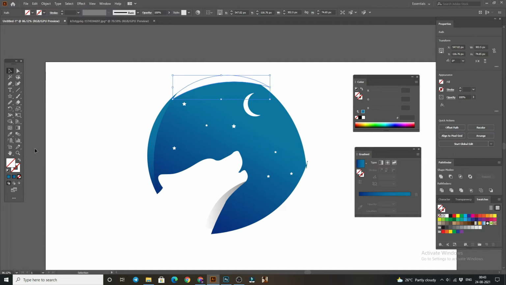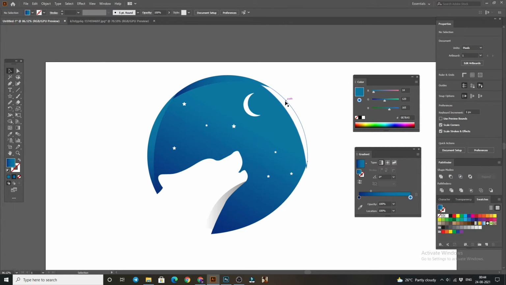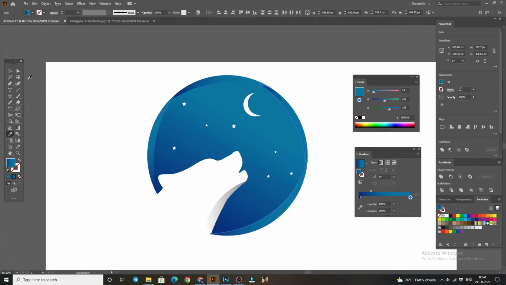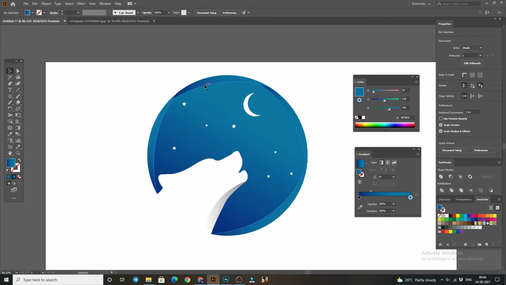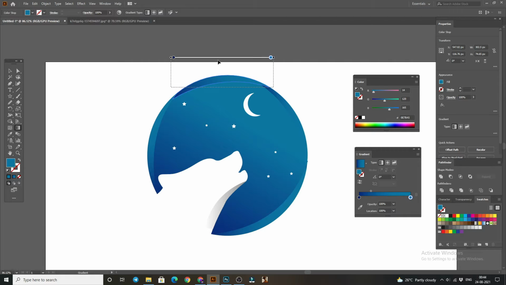And again we can take this color, and in this shape also, and in this shape we can select this color, and we can make a little bit of adjustment.